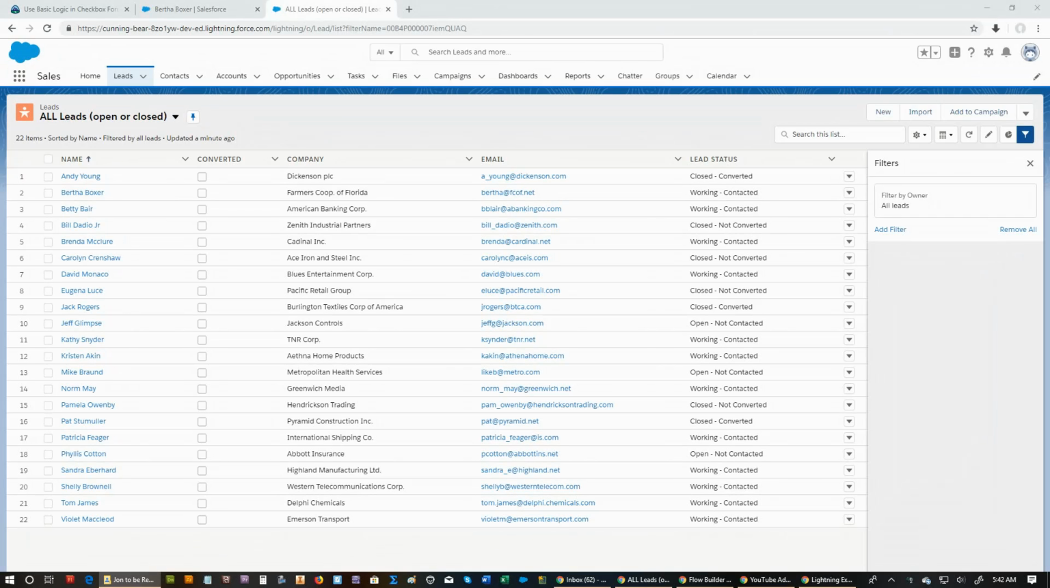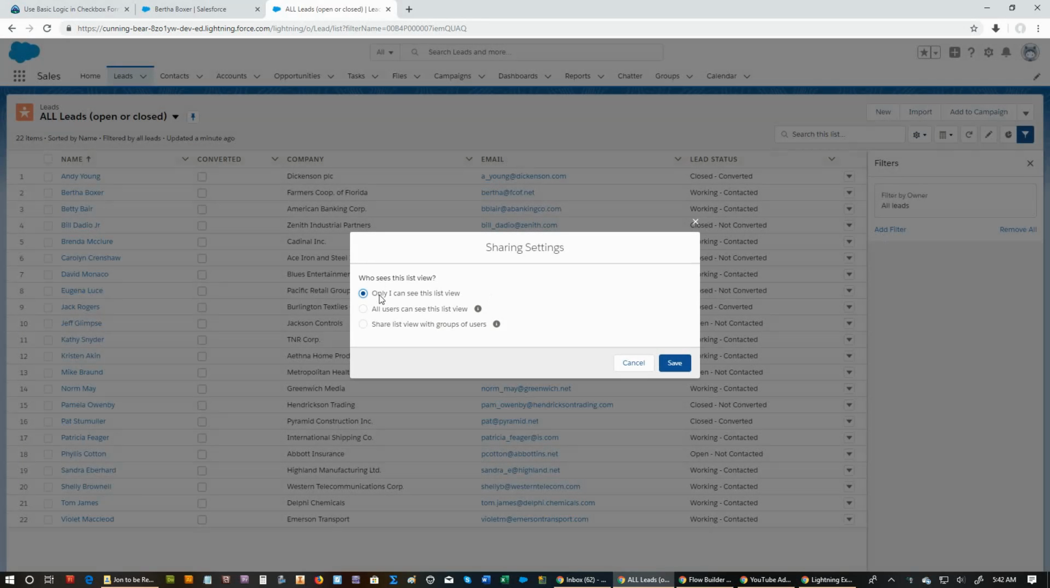So a few other details about list views that I think you'll find helpful. I mentioned that if you have a view that is private, you can always easily make it accessible to others. So I'm just going to go in here and say the sharing settings. We originally chose only I can see these. We can make it public for anyone to take a look at by saying all users can look at it,